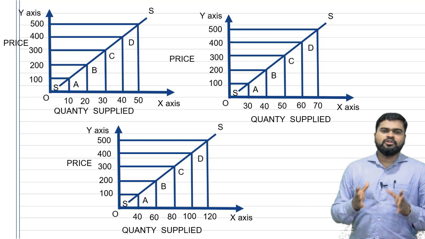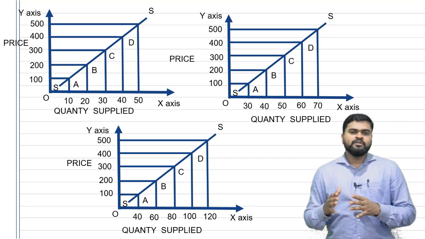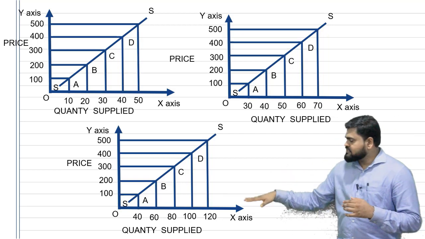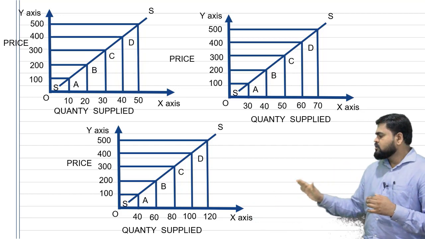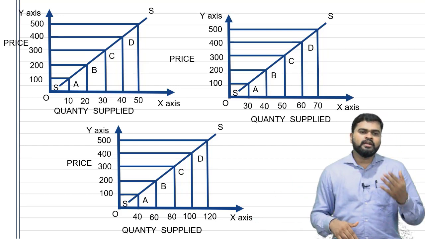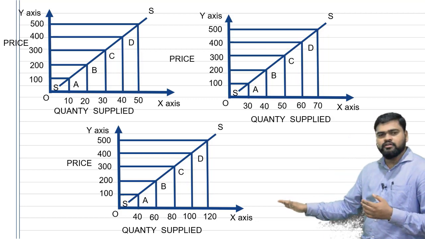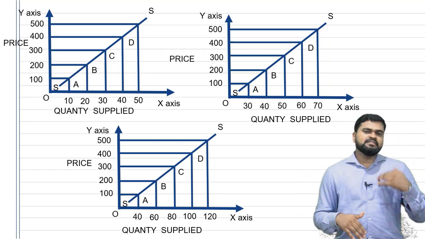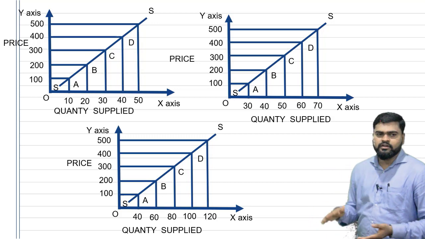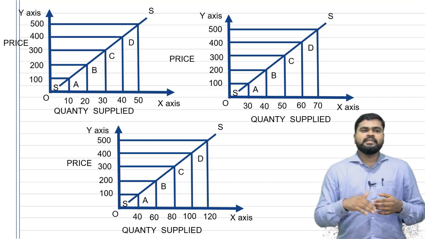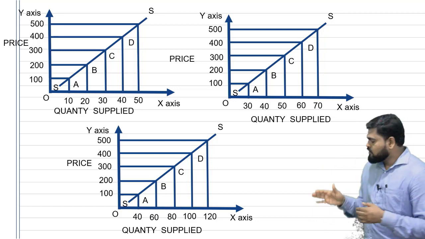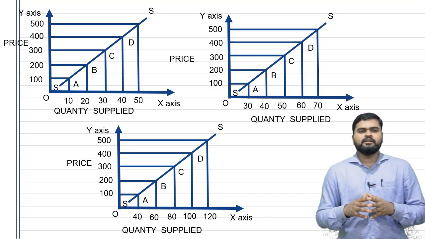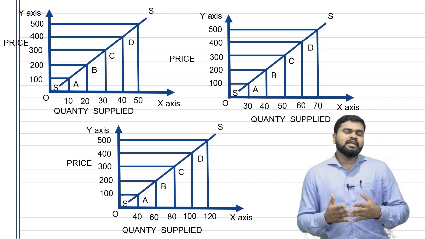It is a combination of firm A and firm B, which clearly says that when price increases from 100 to 200, quantity supply increases from 40 to 60. When price increases from 200 to 300, quantity supply increases from 60 to 80. When price increases from 300 to 400, quantity supply increases from 80 to 100. And when price increases from 400 to 500, quantity supply increases from 100 to 120, which again clearly says that